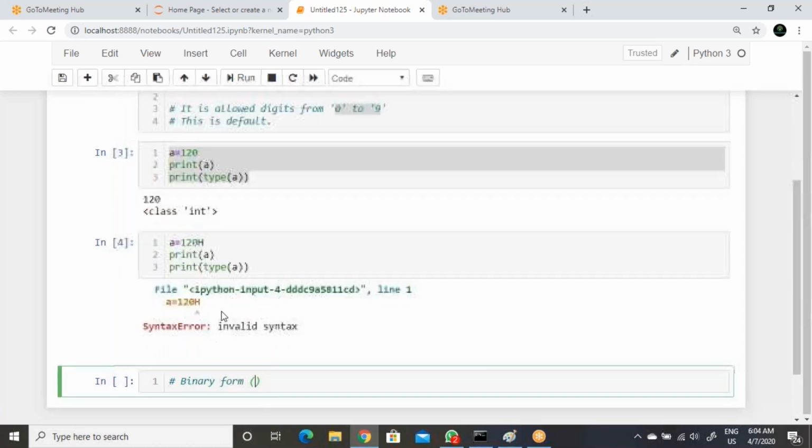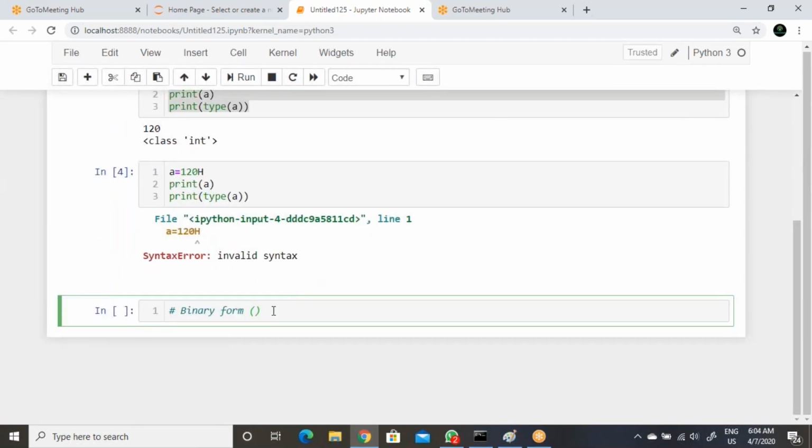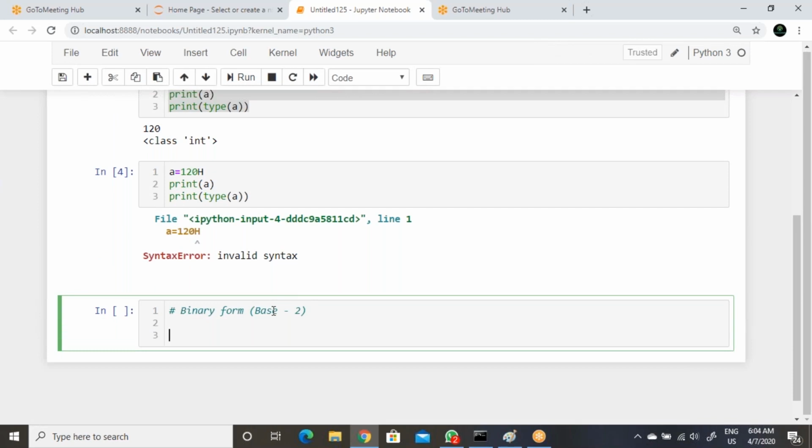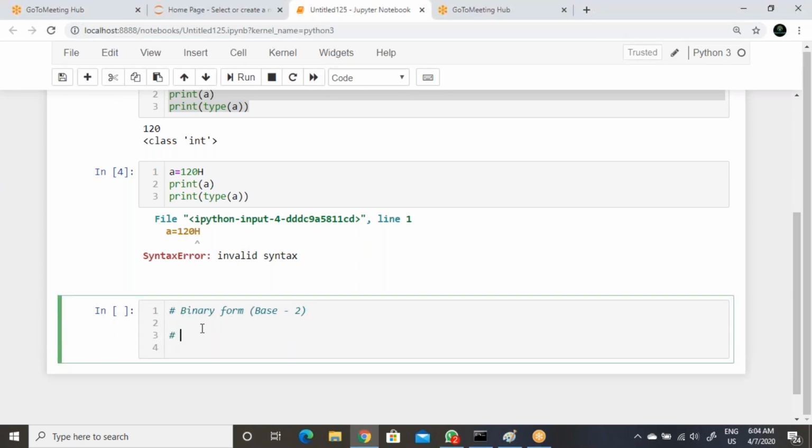See the base value for binary form, we can say the base value will be 2. How can you confirm that? The allowed values are from 0 to 1.